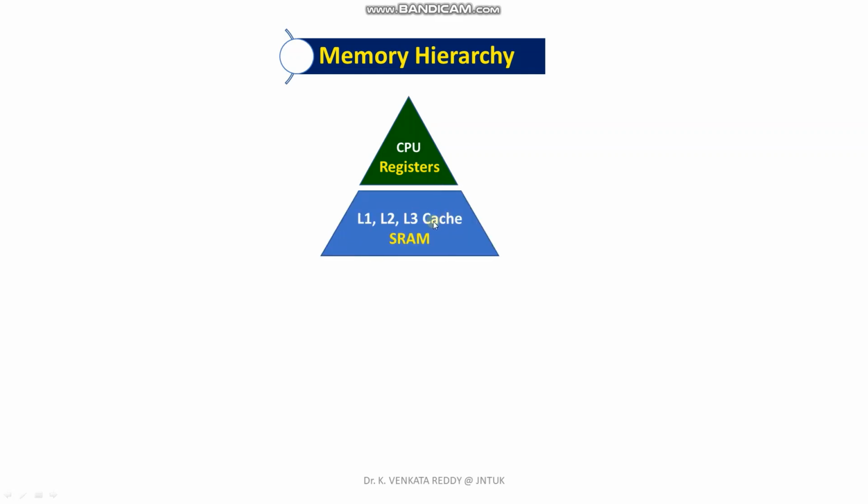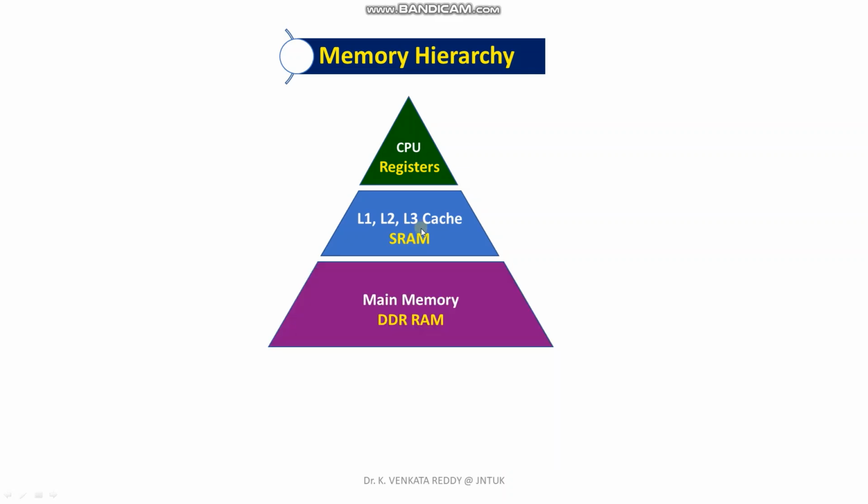The static memories are also used as cache memories. A small size, approximately 4 MB of memory, is used as cache memory just outside the central processing unit chip, that is, in between the main memory and the central processing unit. As the cost of dynamic RAMs is very low compared to static RAMs, we can use a considerable amount of dynamic RAM as main memory. In present day computers, we are using up to 32 gigabytes of main memory.